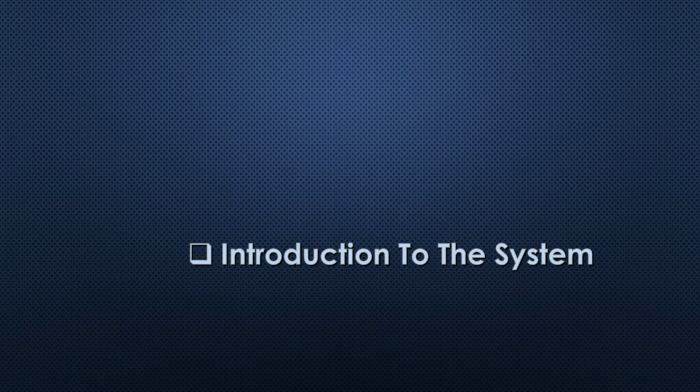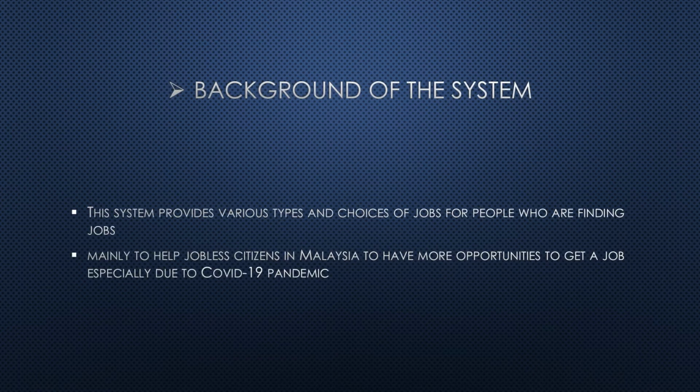Okay, so let's look at the introduction to the system first. So the background of the system. This system provides various types and choices of jobs for people who are finding jobs. Since this is an online job application system, the main function of this system is of course providing a lot of jobs for people who are jobless to get a job. Okay, so it is mainly to help jobless citizens in Malaysia to have more opportunities to get a job, especially